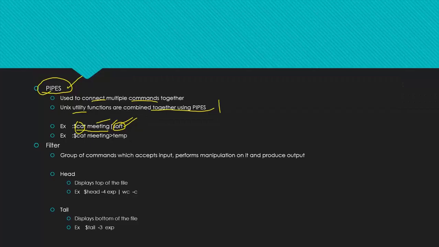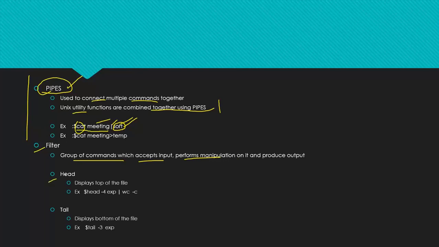Okay. Now, that is what it is about this function called pipeline. Pipeline is whenever you want to combine more than one file together, we'll be using the pipeline symbol. Next, coming to filter. Filter is used to group some set of commands which accept input and perform manipulation. So whenever you want to apply some set of manipulations to an existing file, existing data, if you want to make some changes, in that case we'll be using this thing called filter. So we are going to study only a few filters in this session.